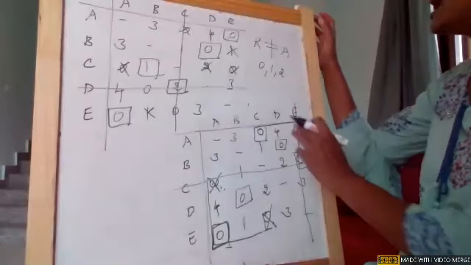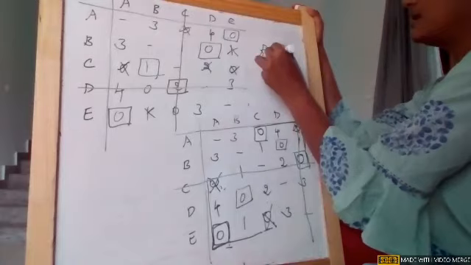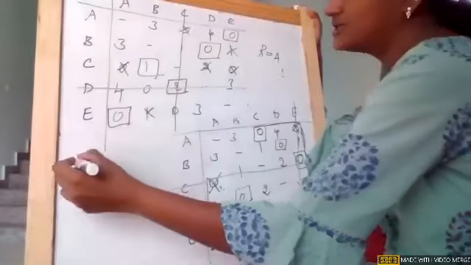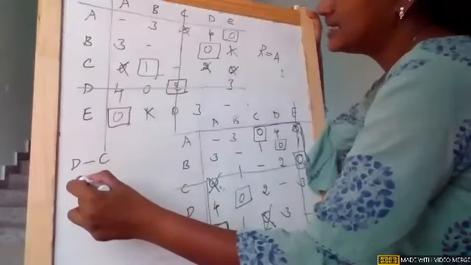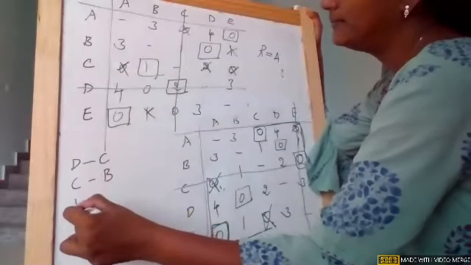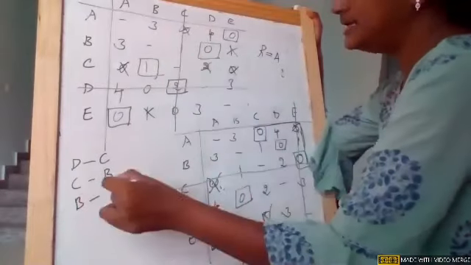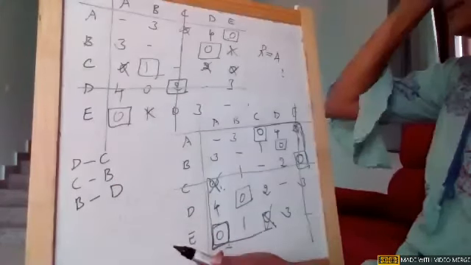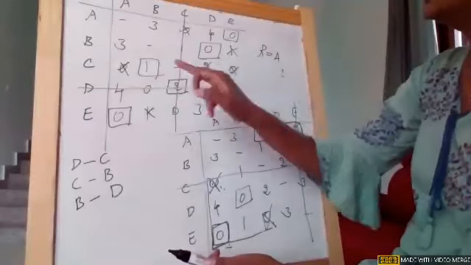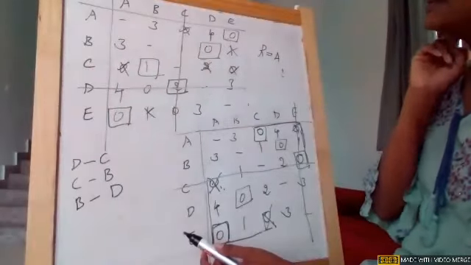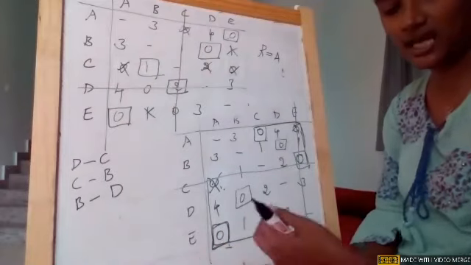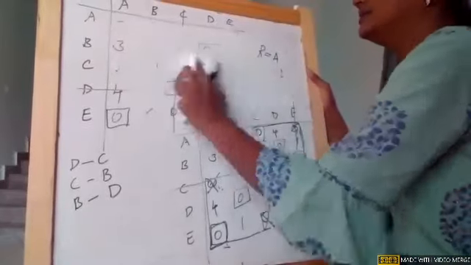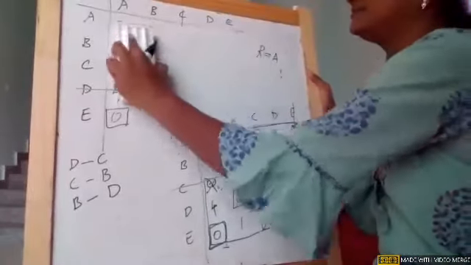So now if you see, my rows are equal to assignments. Let us see whether we will be able to derive the solution. I marked this as the origin. So D to C, and then C is going to B, and B is to D. Okay. Am I correct? D is to C, and C is to B, and B is to D. With this, we are not getting the solution. So obviously, this 2 is not giving you the solution. So go with the other 2. There is only scope for 2 tools in this.